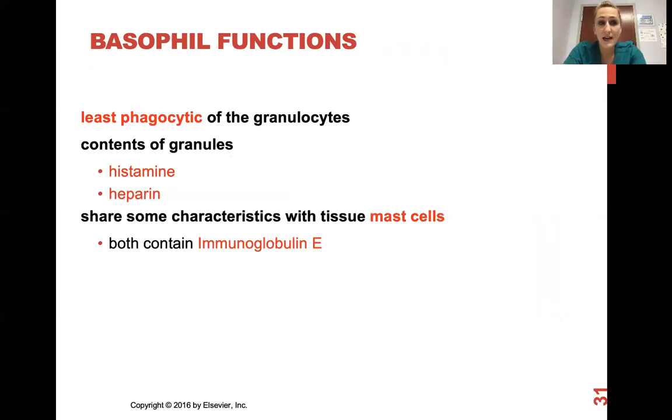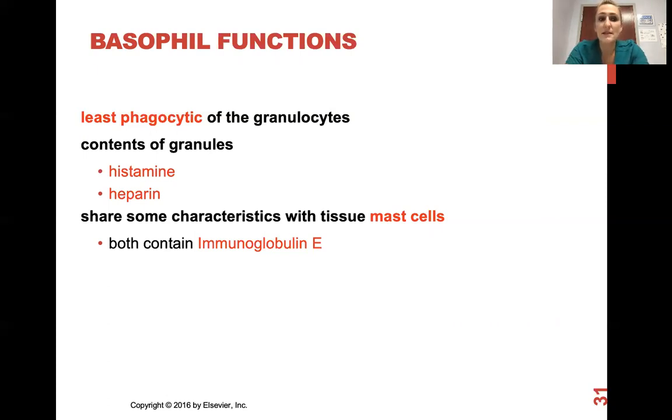Functions of this guy. Basophils are the least phagocytic of all of the granulocytes. What they have is, in those big giant granules that they're full of, they contain histamine and heparin. So for histamine, they can initiate an allergic reaction. They can be like, oh, hey, there's something going on. We don't like it. We need to react. So it will actually initiate an allergic reaction, which then in turn should call over some of the eosinophils for